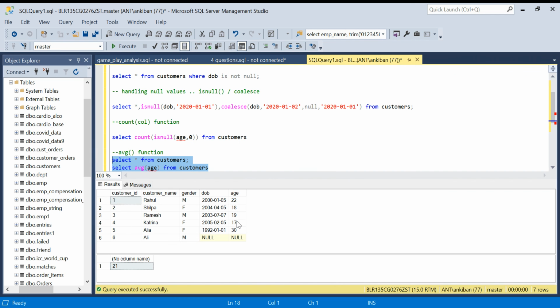What it is doing, again the average function is ignoring this null. So it is adding all these values and doing divide by 5, not divide by 6. Very important, right? It is doing divide by 5, not divide by 6.